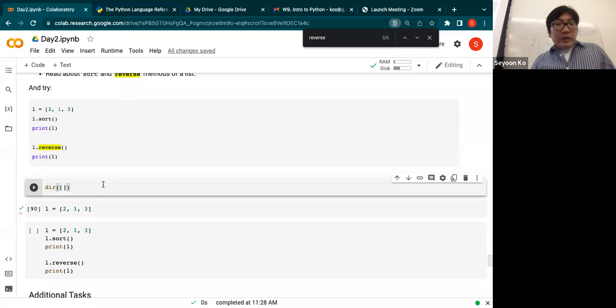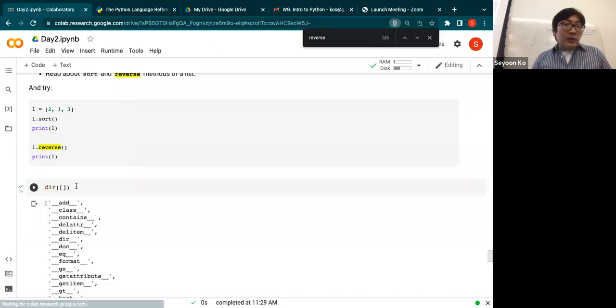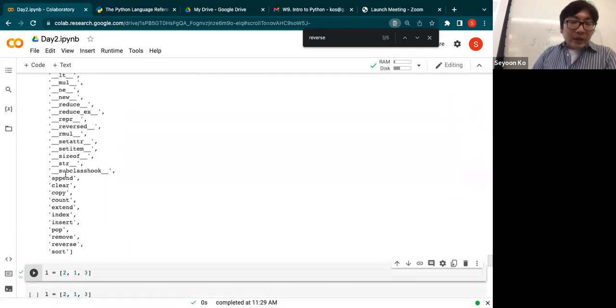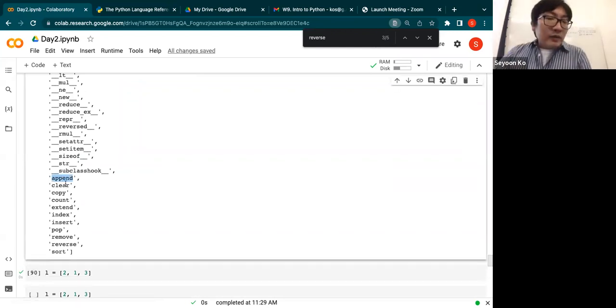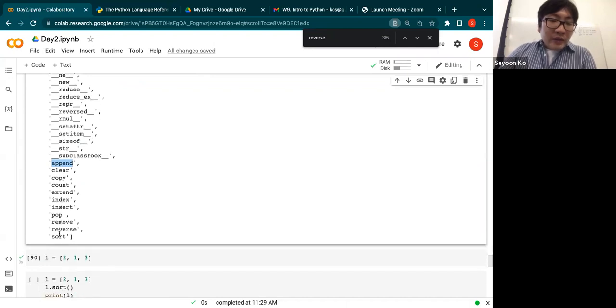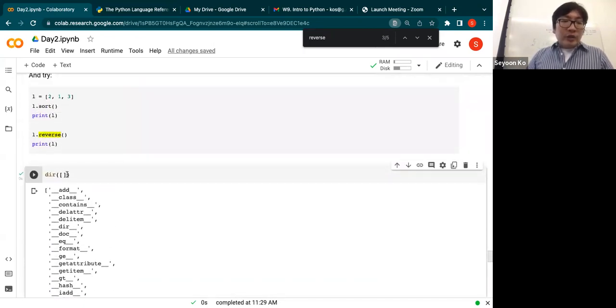So you can run dir with an empty list as an argument. You get the list of methods here. And we have covered append earlier. And there are other more methods here. And there are reverse and sort. And to get the documentation of these,